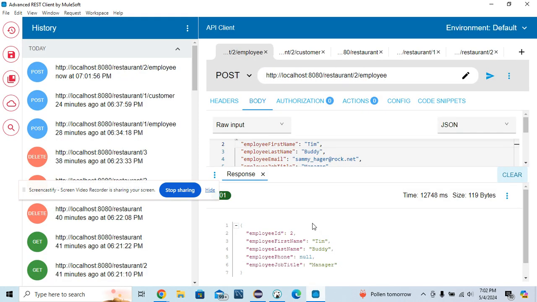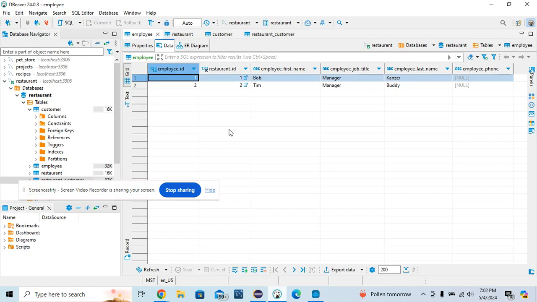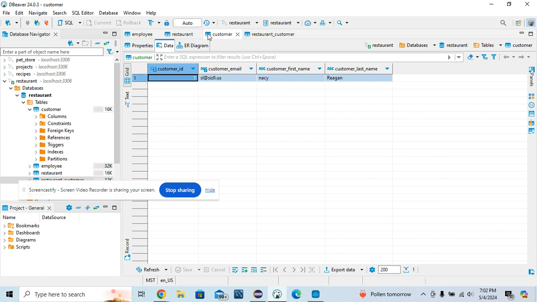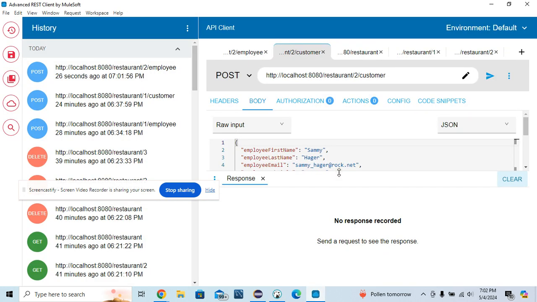Okay, so next thing we're going to do is add a customer. So we're going to add a customer to restaurant number 2. So if we come to DBeaver and refresh our customers table, we can see we only have one customer, and their customer ID is number 1, and customer number 1 is linked to restaurant number 1. So if we add this customer to restaurant number 2,